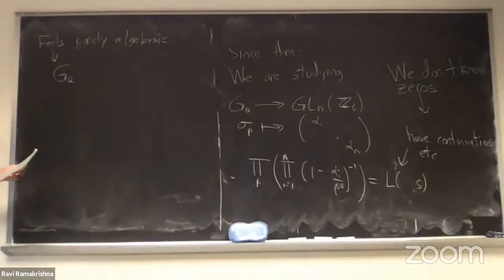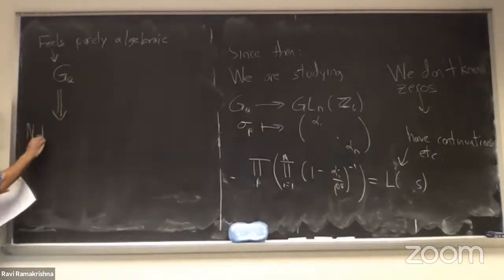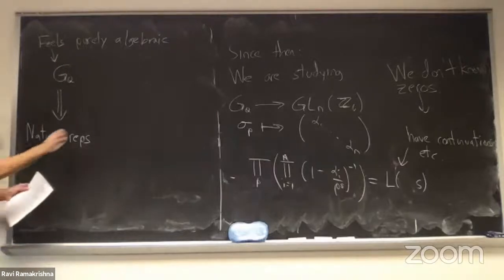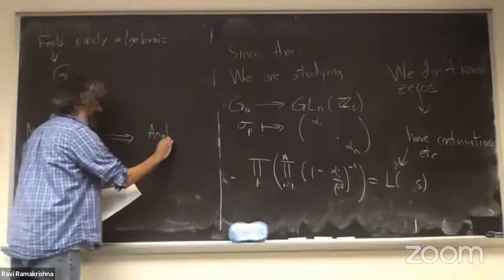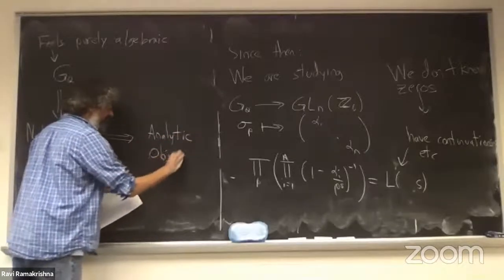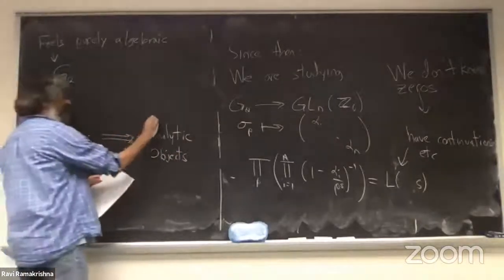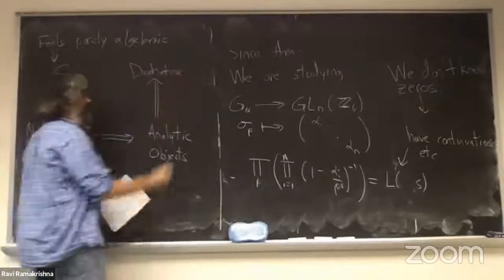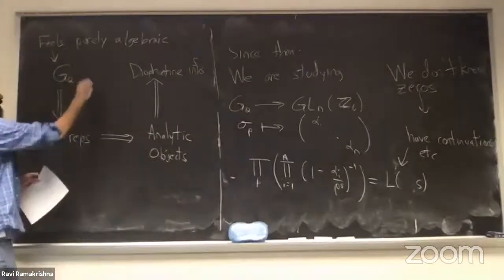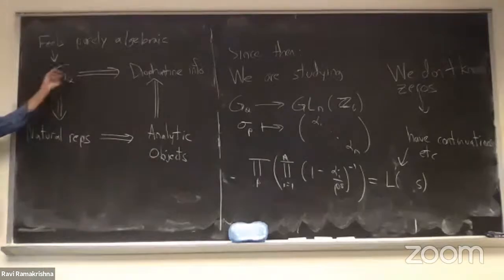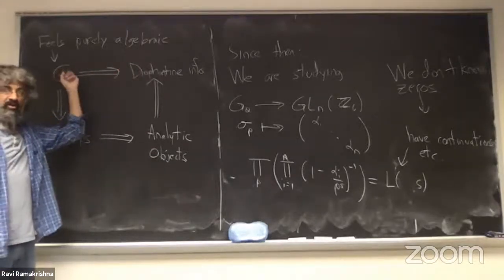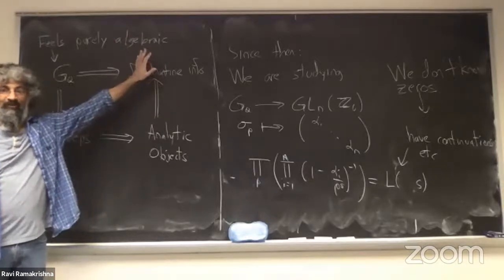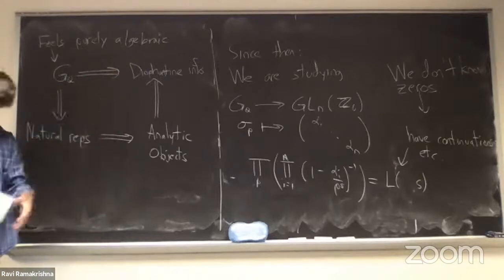This thing feels purely algebraic, but to it, there are natural representations. Okay, and then from these, you get the analytic objects, the L-functions. And these will give you Diophantine information. The Birch–Swinnerton-Dyer conjecture tells you about the rational solutions to an equation. But this group also knows the Diophantine information. And what we're learning is that going straight to the Diophantine information from this group is hard, but this method is more fruitful. You have to build all of these various objects, and then you can hopefully gain some